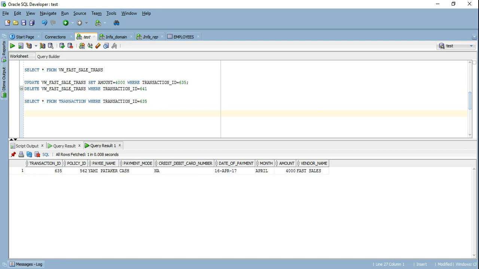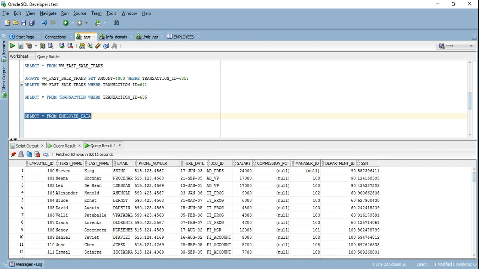We wanted to make sure that we don't expose any additional data that doesn't belong to that particular person. Now let's understand the security point of view. I have a table, employee data. This is the data of my employees that are working in my organization. It has the standard stuff: employee ID, name, job ID, the manager it reports to, and their SSN number. Now SSN number and phone number are critical. I don't want to share even my salary. I don't want to share this information with someone else.